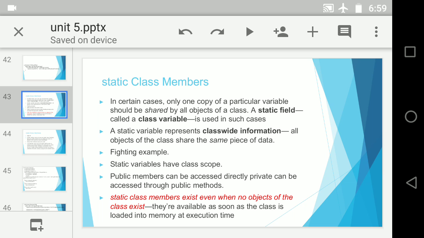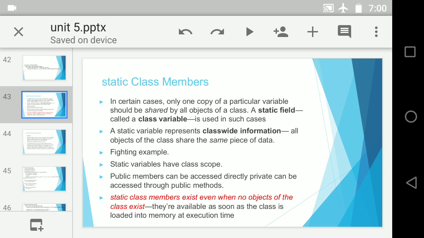So the number of objects creates that number of copies of the class. When we create a static variable, that static variable is a shared instance among all these objects.